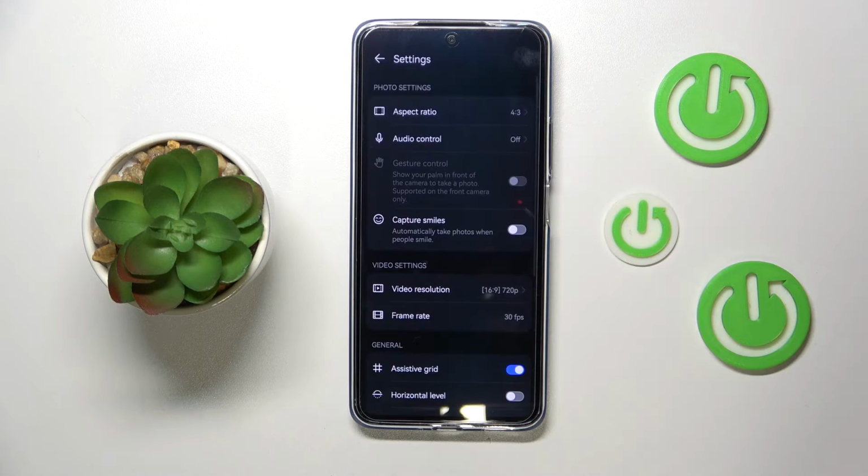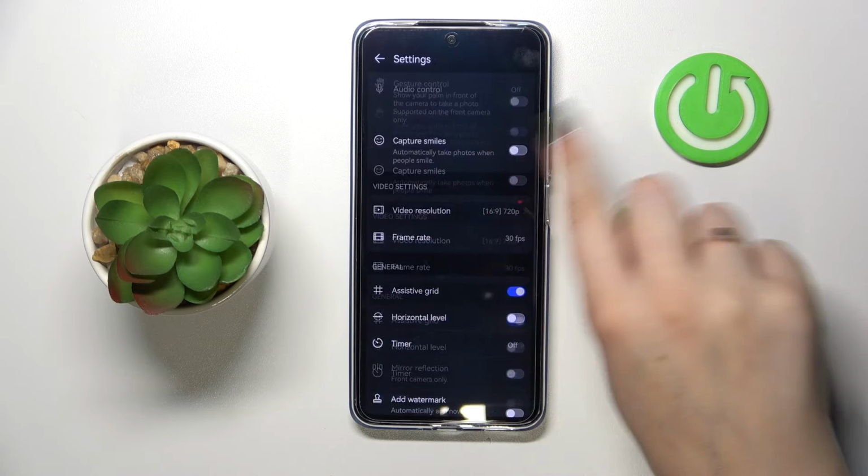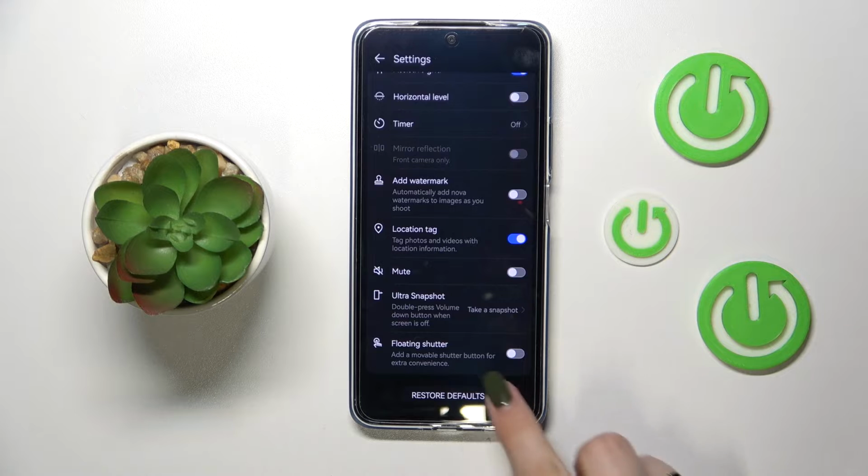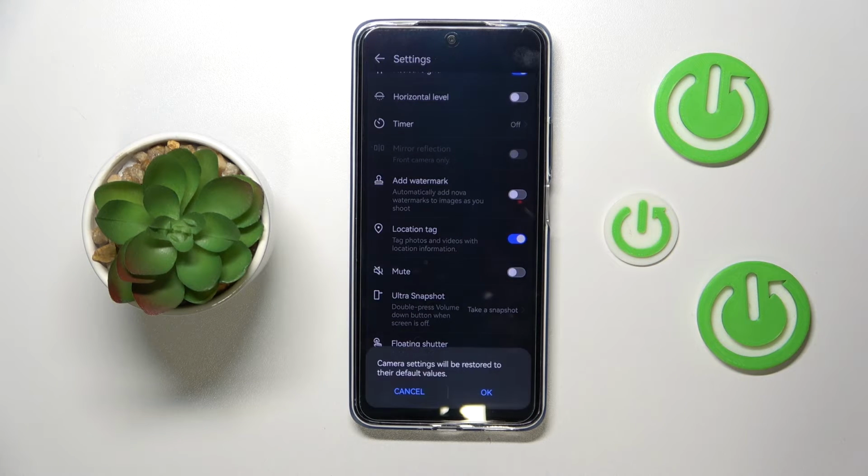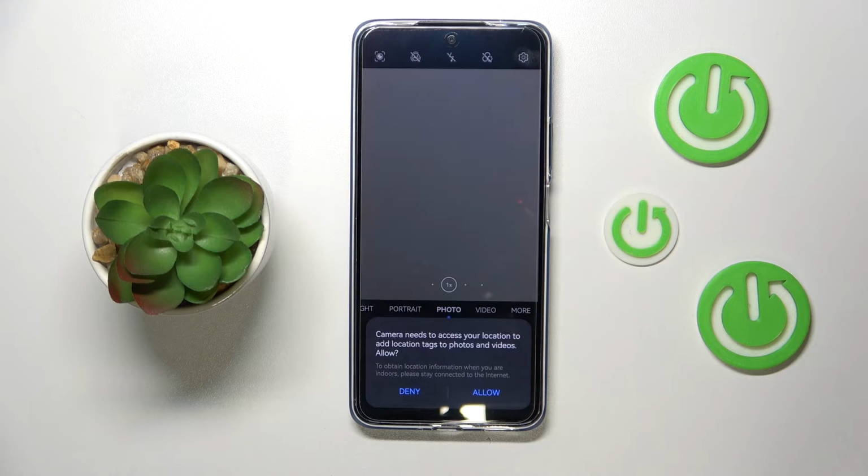So let's enter the settings, which are in the right upper corner, and scroll down to the very bottom. As you can see here, we've got the restore defaults option, so let's tap and confirm it with OK. And as you can see, we actually immediately got back to the camera, and here we've got actually the very